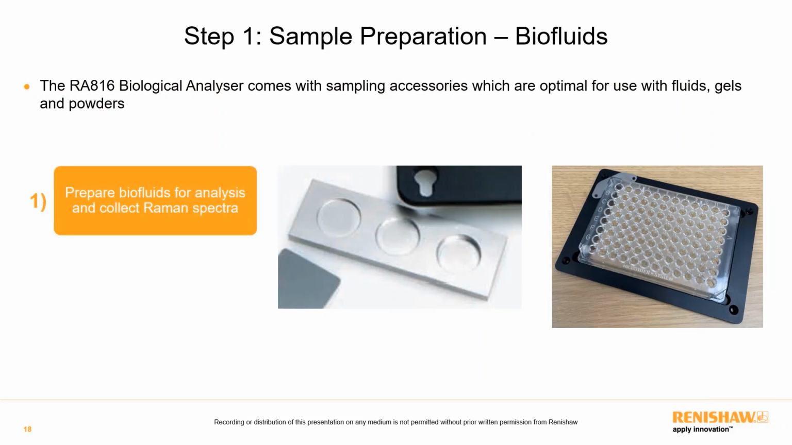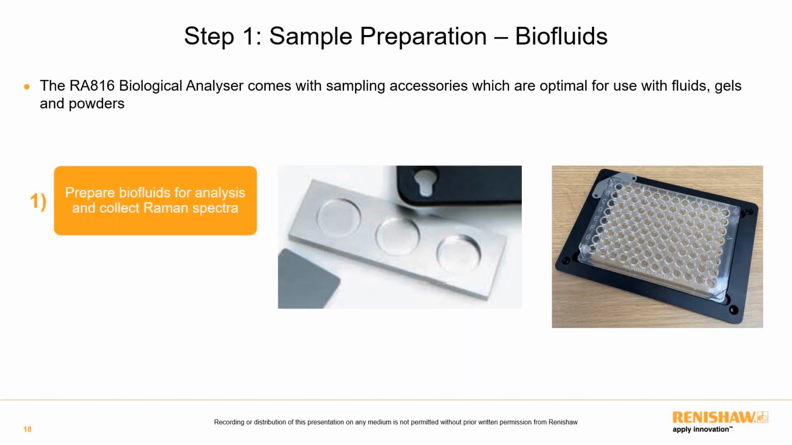And first we'll begin by looking at the sample preparation of biofluids. The sample preparation for liquids varies. For instance, for blood, it is usually centrifuged for analysis of the constituents. The R816 biological analyzer comes with sample and accessories which are optimal for use with fluids, gels and powders. For instance, we have a welled steel slide which has 3 wells of different depths, allowing you to analyse different